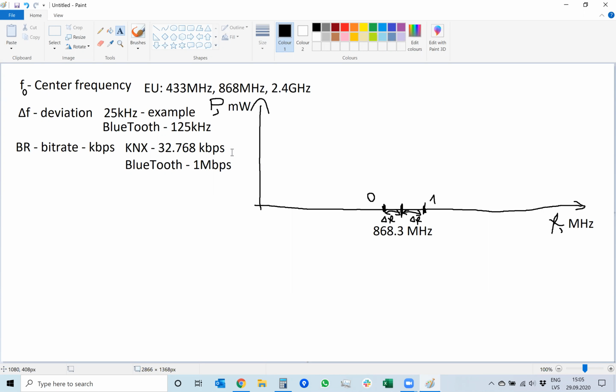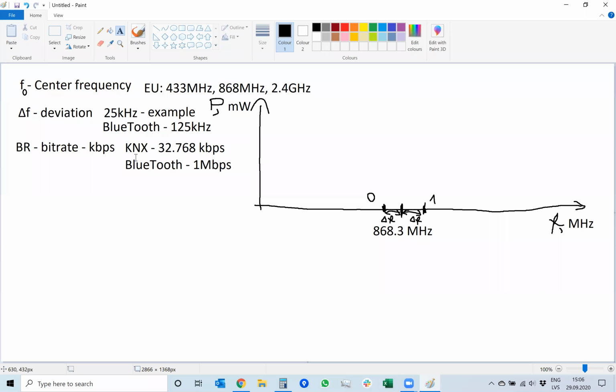This is why, for example, Wi-Fi sends a signal at, I think, megabits per second, even hundreds of megabits per second, and this is why Wi-Fi range is not very big. It only travels through maybe 2 or 3 walls until it is not receivable anymore. But these wireless sensor networks can travel several kilometers of distance.